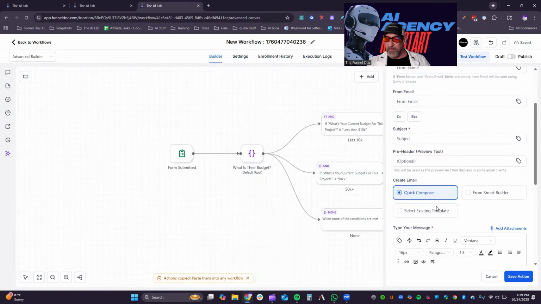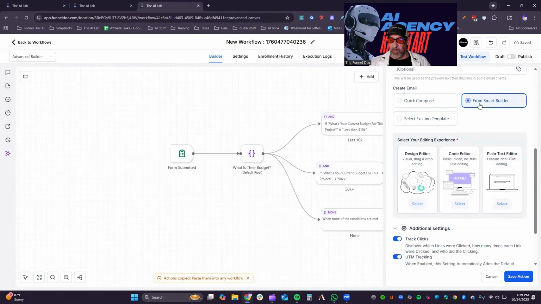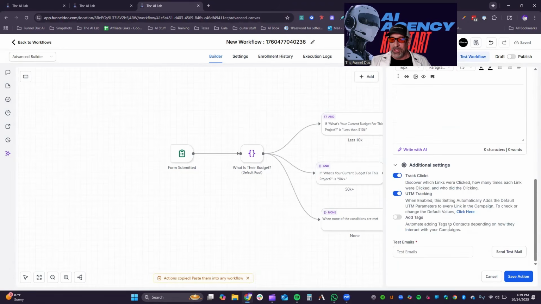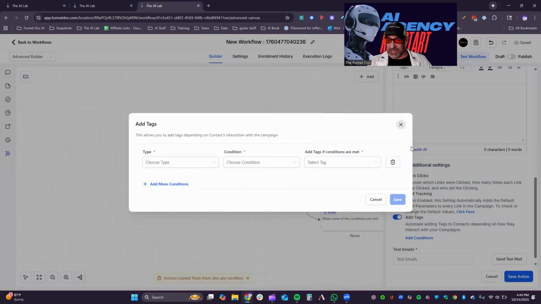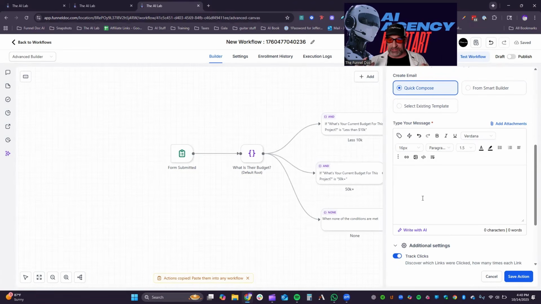Everything's the same, but you can quick compose, which is using the standard builder in here. You can start from a smart builder, so you can come right here and actually use the design editor right in here, or you can use an existing template that you can just click right here or even browse a template library. But that's not all. Check this out. You can now track clicks, add UTM, and add tags and conditions, just like in the other email builder. So that is a huge add-on that they've added right here to allow this much flexibility